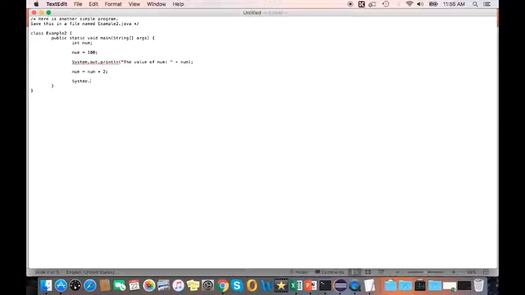Next we will use the print method to print the new value of num. So this print method just prints the text new value of num, and then there is no new line added at the end. So the next print statement will print the value of num and add a new line character.